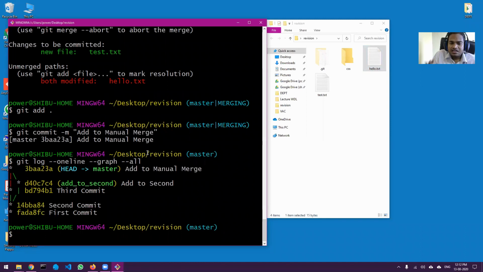So any doubts till here? In the next session onwards, we will start with GitHub. Any doubts till here? Then I will clarify. Are there any doubts? The most important part that I wanted to show you was how to recover a single file from a previous repo using the git checkout command. I hope you have understood that. Any other doubts?